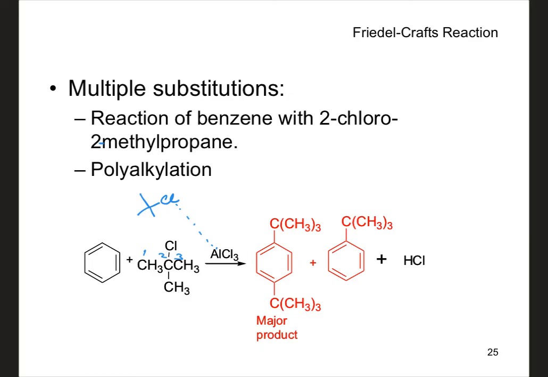It's going to coordinate. You're going to get now a tertiary carbocation. Do you think it's stable or do you think it's not stable? It is very stable, so it's not going to go ahead and rearrange. No, not at all. And so when the reaction takes place, it is going to form as a first step